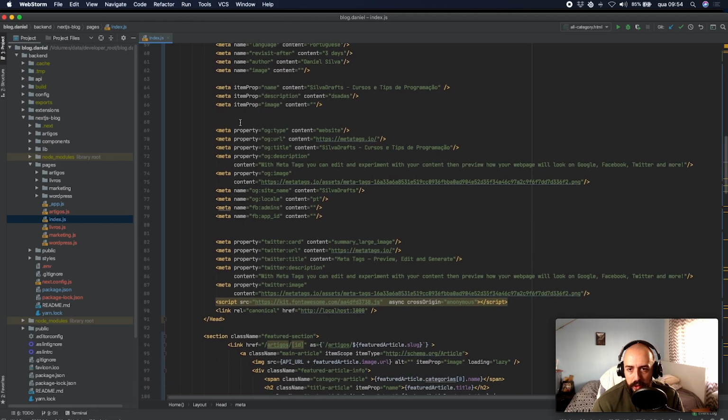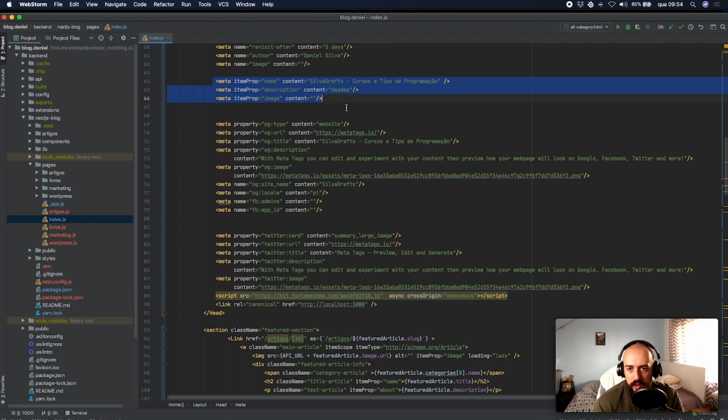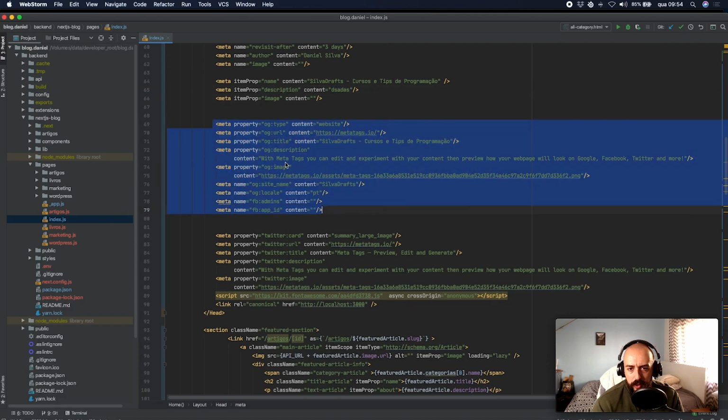But then you got more stuff. So you got this one, that's for the schemas part as well, so that the schema can understand what's your site name, description. I don't have a description for that one, my bad. And the image. And then we got a couple more tags for the property OG type, so that will be the Facebook, the Instagram,